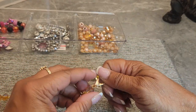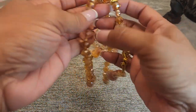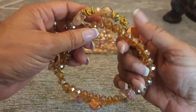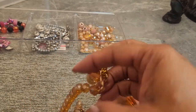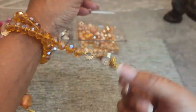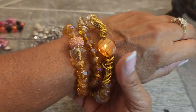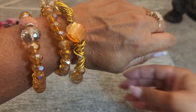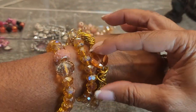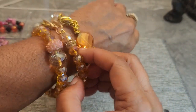Okay, now, all right, so now this is what a two-wrap bracelet would look like, but that's way too big. So I made this to where it's long enough to wrap around 3 times. So you'll see that you'll be able to do this. All right, you see that? So that's wrapped around 3 times. And then I have this here in the middle, and then this here in the middle, and then you have this